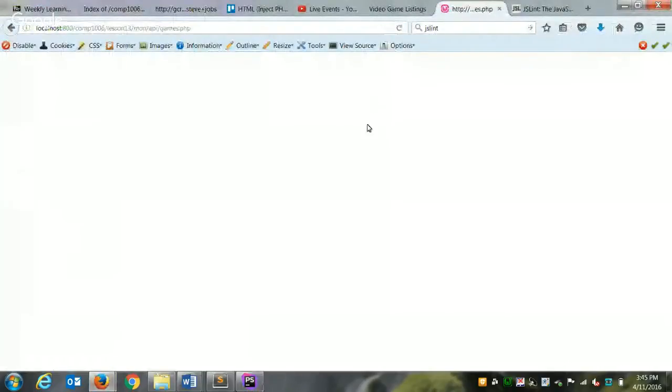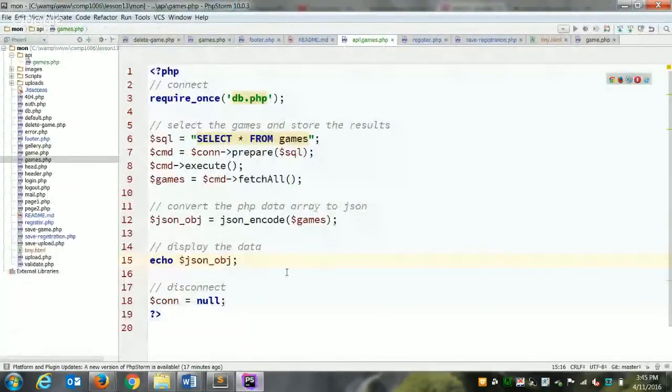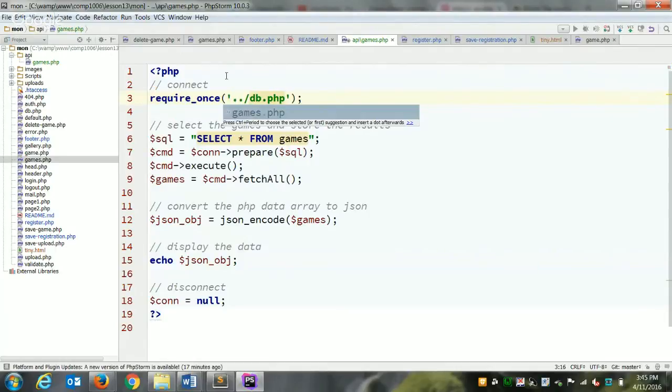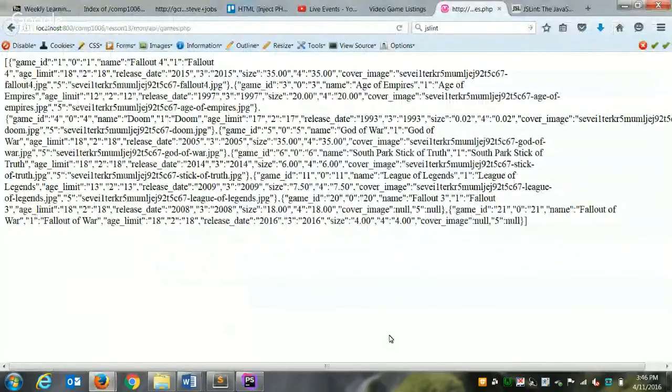Let's try it. It can't find your DB. Ah, right, the path, thank you. Because we're in a subfolder, we have to get out of the API subfolder and go up one level. So if I do that, yes, sorry, it is 2 dots. It'll take me up one level and then to my db.php. Thank you. So now when I refresh, there's our JSON